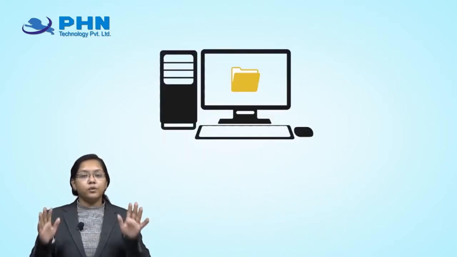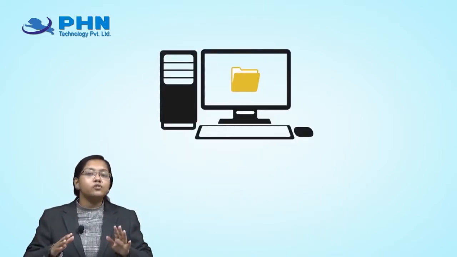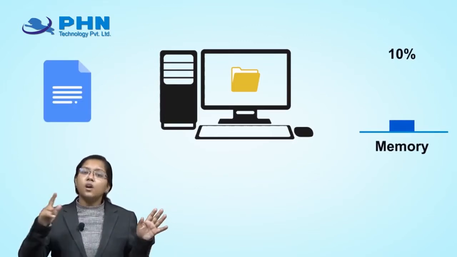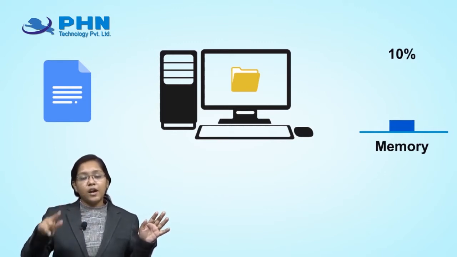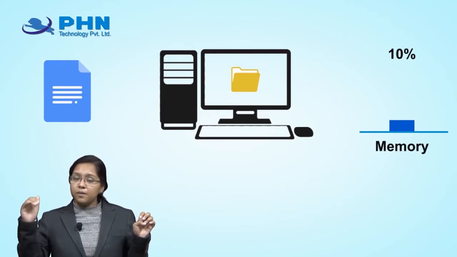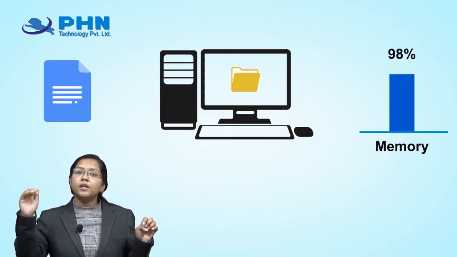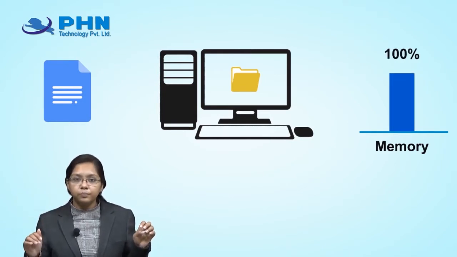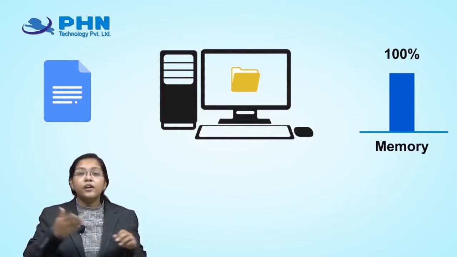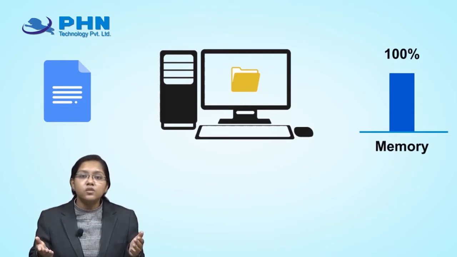Right? Now let us consider an example. Take a computer, and in that computer I want to store many files. I have many files over there, and I am storing the files in the computer one by one. In the graph you can see the memory is getting full. Now my memory is full till 100%. My computer memory is full, and I cannot store any files over there. So what will be my process?